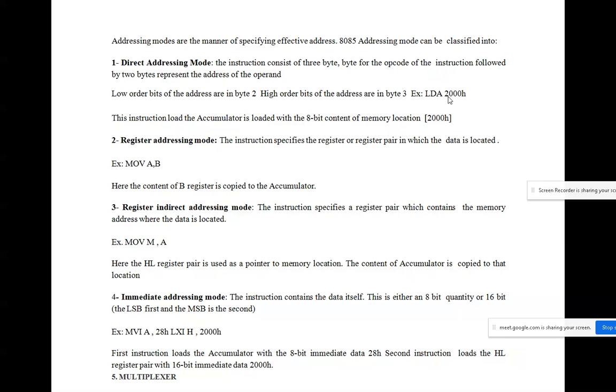So one digit of hexadecimal value will be equivalent to a 4-bit binary value. So 2000H is a 4-digit hexadecimal value, but it will be equivalent to a 16-bit binary value. Okay, because one hexadecimal digit stands for 4-bit binary value. Now, for the hexadecimal value 0, 0000 will be the equivalent binary value.